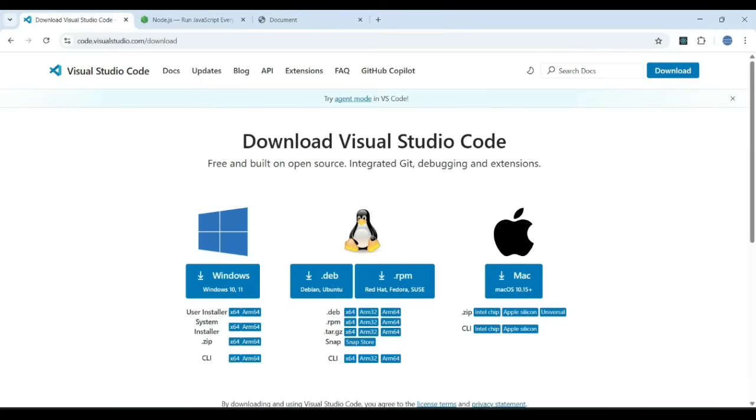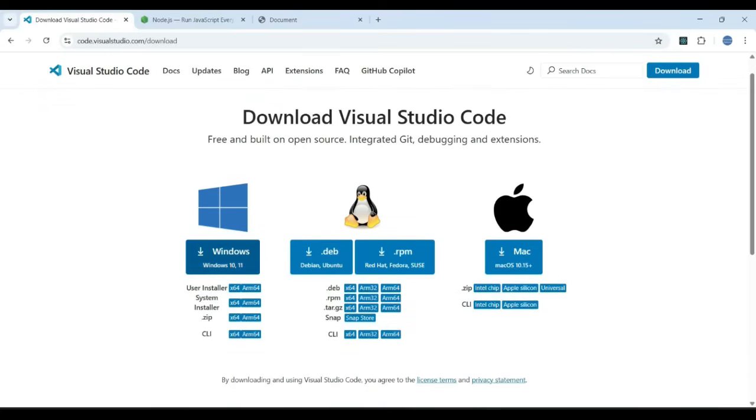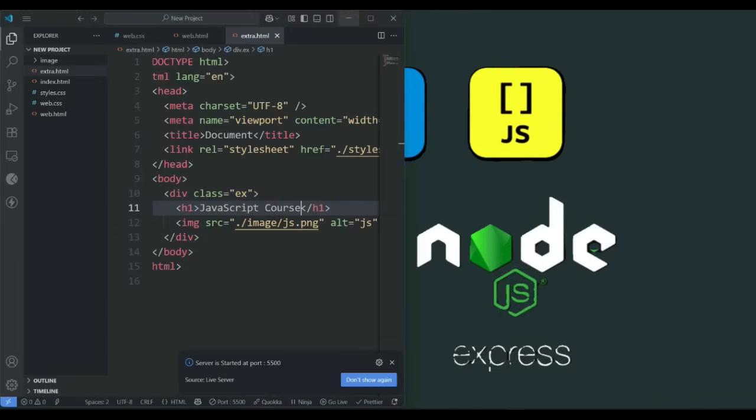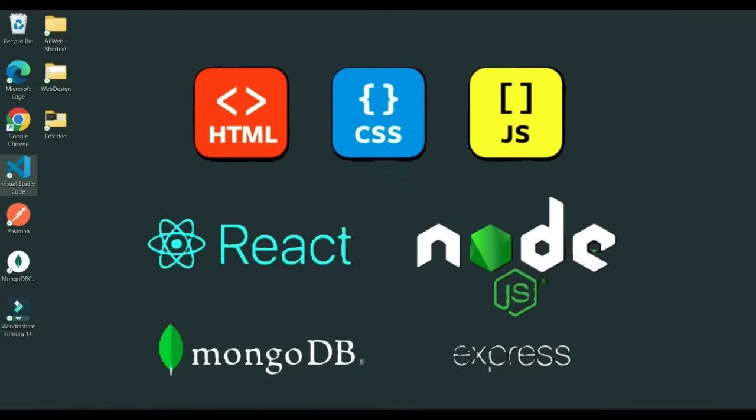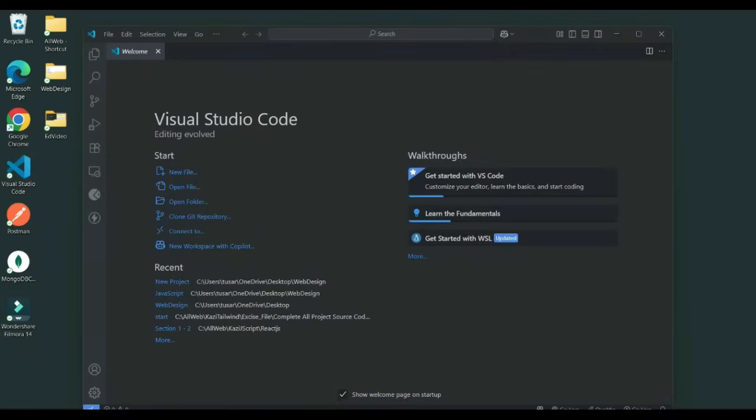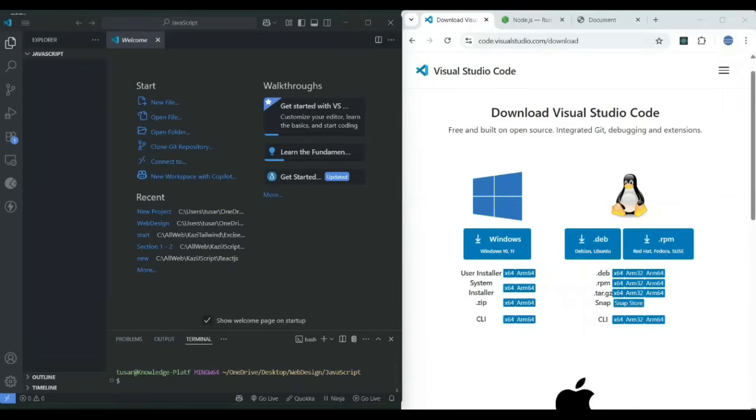Depending on your operating system, just click which one is yours. Mine is Windows, so if you have another one like Mac, then you have to click on that one. Just click Windows, then just follow the step-by-step process. Make a desktop icon as well. If you do that, at the end you will have VS Code on the desktop like this, Visual Studio Code. Just double click on that, it will open the VS Code text editor,